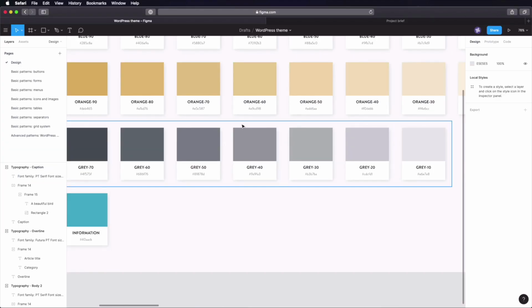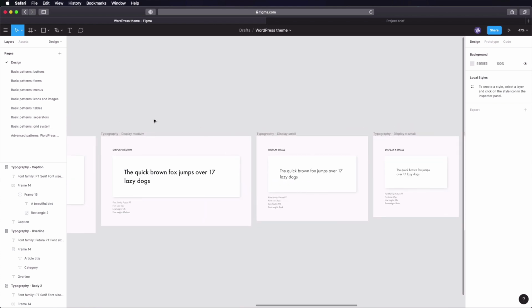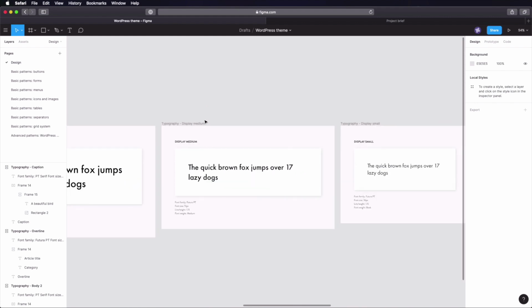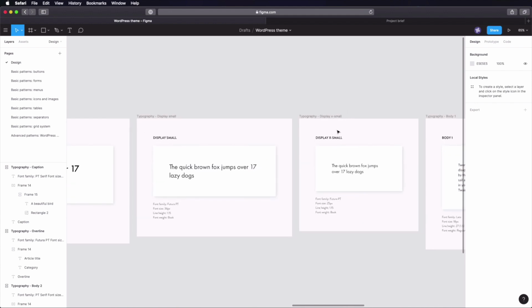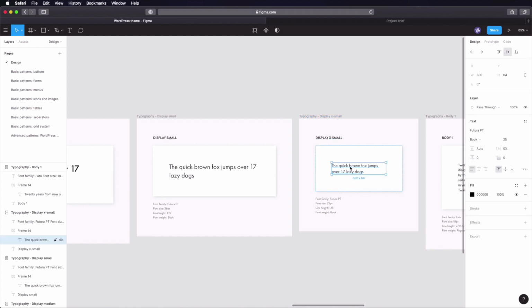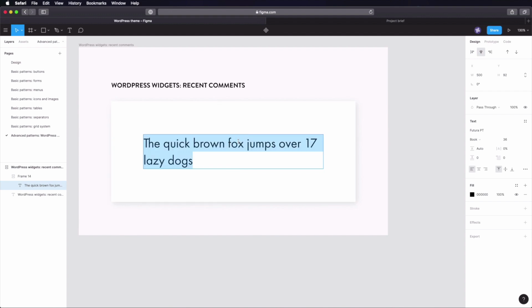We'll go back to our typography. And let's see, we'll choose display medium. This is 51 pixels. It's pretty high. It's pretty big for a title. So we're going to choose between display small and display extra small. This, I believe, is a bit too small. So I think this one will do the trick nicely. So display small is the one that we're going to use. So grab that, paste it in. Let's say